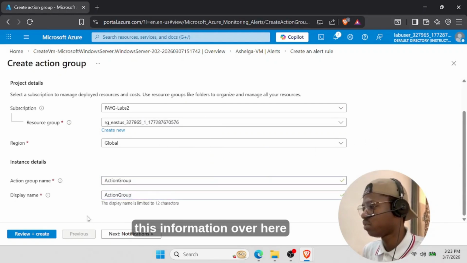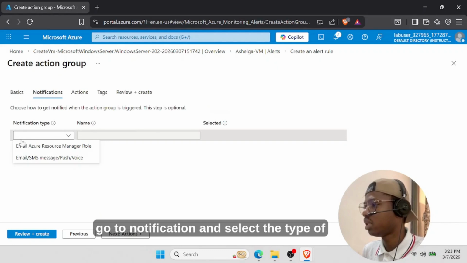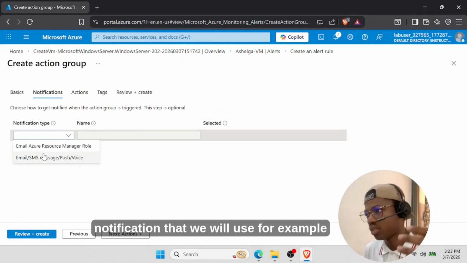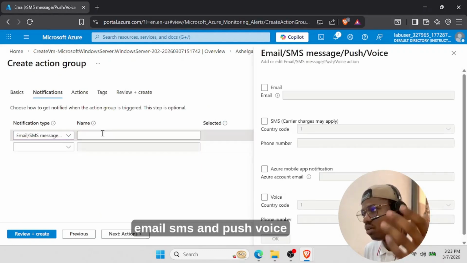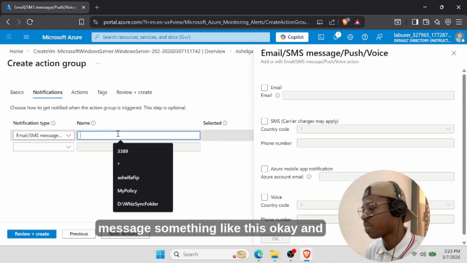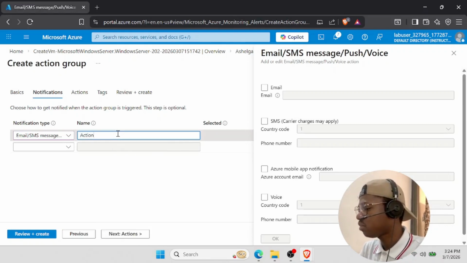Okay, this information over here. Go to notification and select the type of notification that we will use. For example, email, SMS, push, voice message, something like this. Okay, and put some action group,